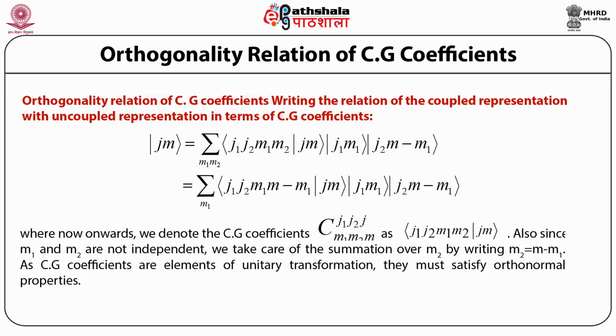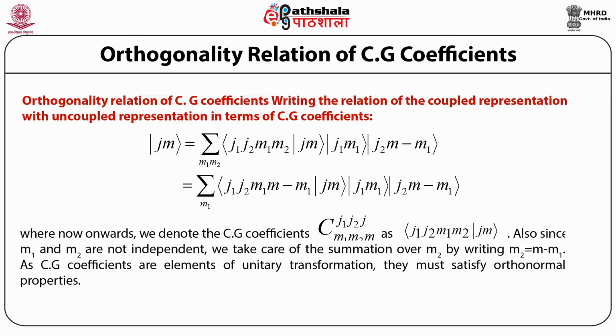The state vector |J M> is equal to the summation over m1, m2 of <j1 j2 m1 m2|J M>, |j1 m1>, |j2 m minus m1>, where